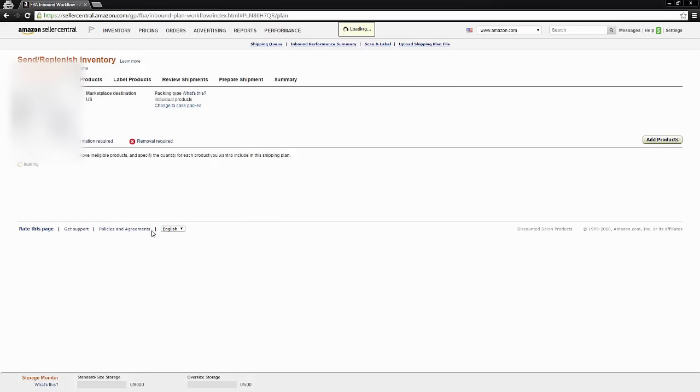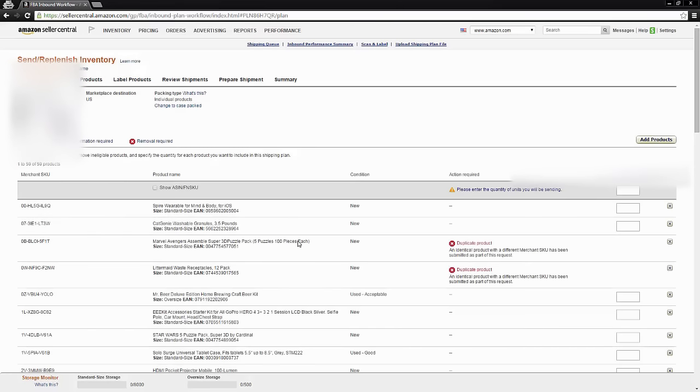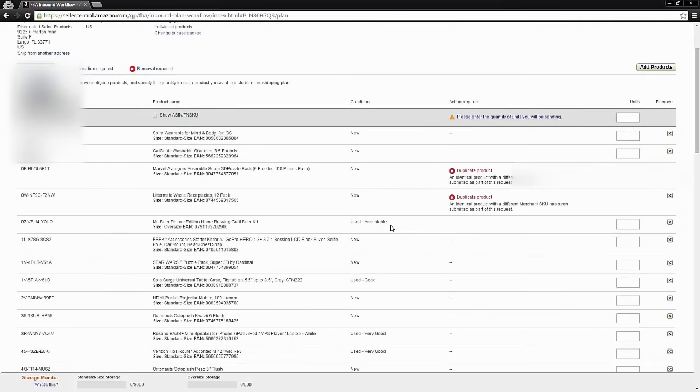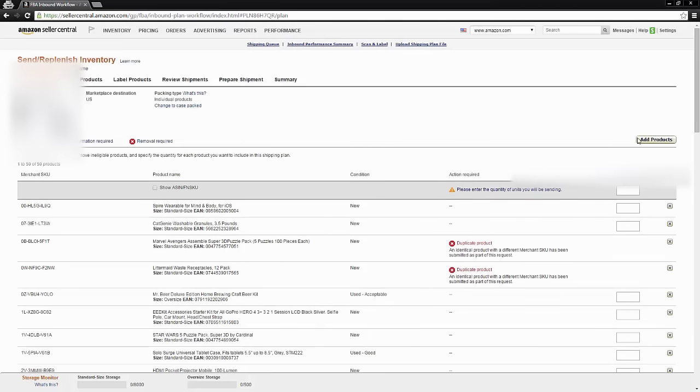Amazon's going to take all these different products that I've selected and basically set up a shipping plan, which means it's basically the reverse of a shopping cart, right? So all of these things are things that I want to send to Amazon and have them fulfill and sell for me. So once you get to this page, you're going to see all these different things, and the first thing you're going to want to do, though, is just make sure that you have all your products added to this shipping plan, right? Right now I only have 50 out of the 69 that I wanted to send to